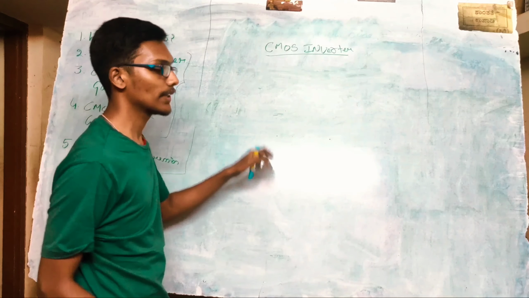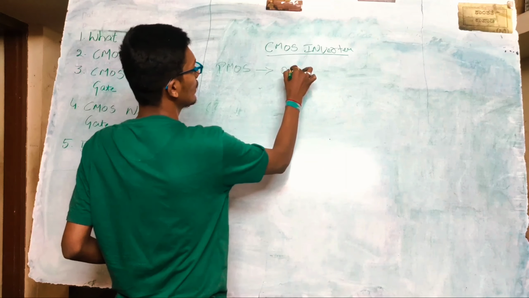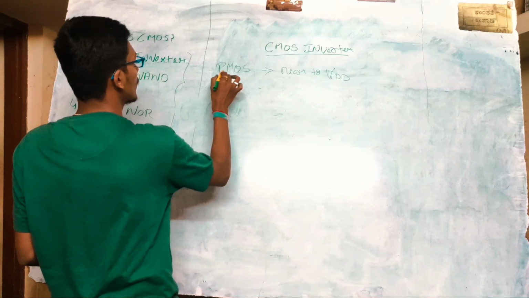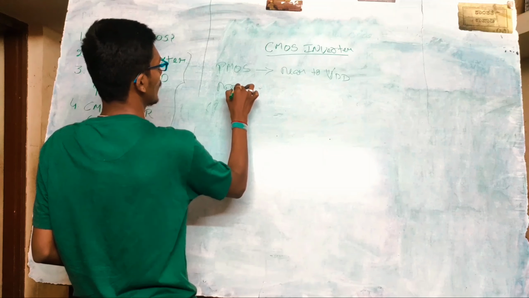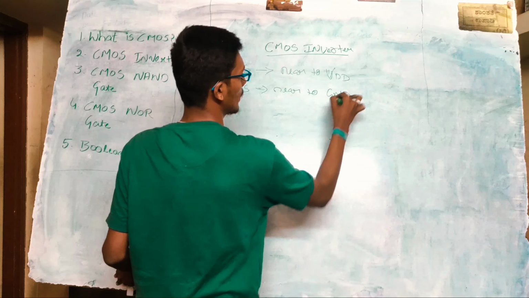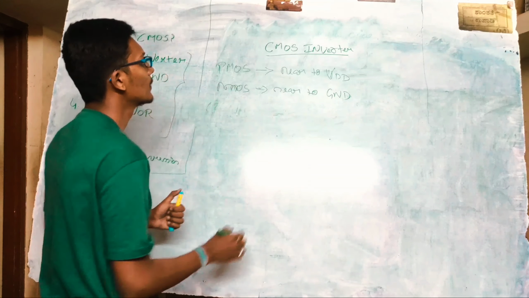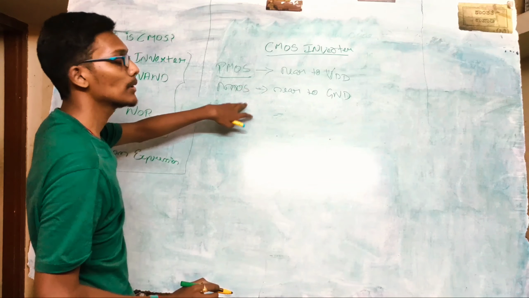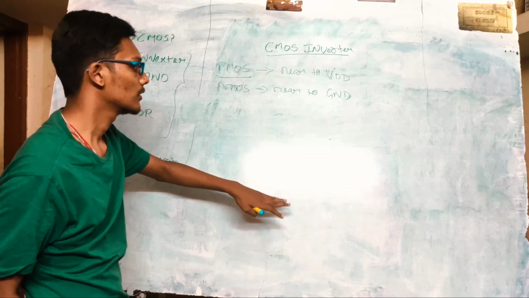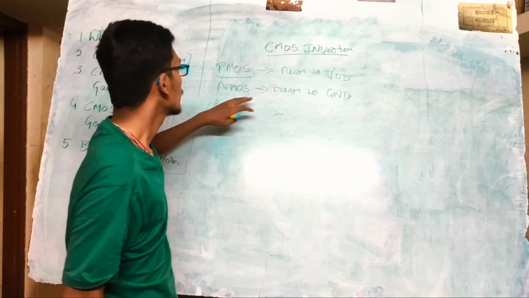When we are designing a VLSI circuit, PMOSes will be near VDD, or voltage, and NMOSes will be near ground, that is, zero potential. In general, PMOSes are implemented at the upper part of the circuit, and NMOSes at the lower part. If VDD is below, then PMOSes will be below. If ground is above, then NMOSes will be above.